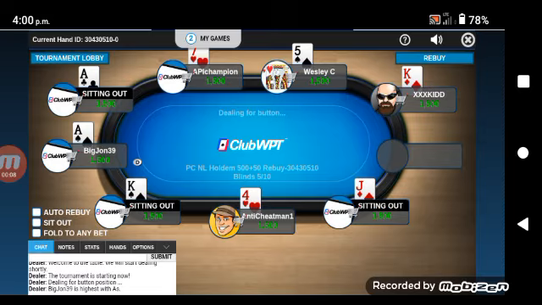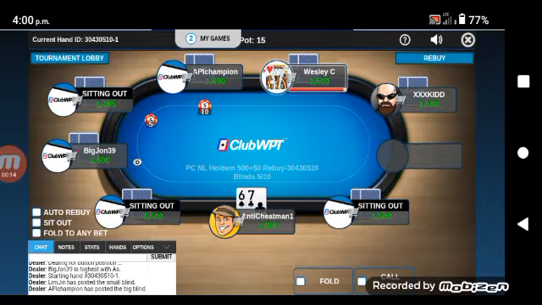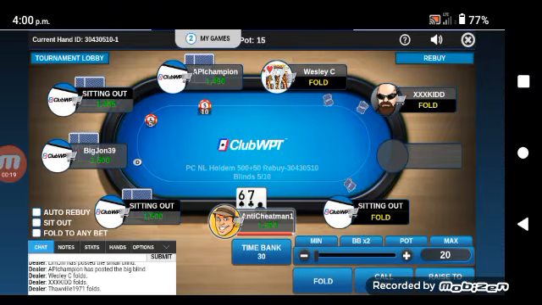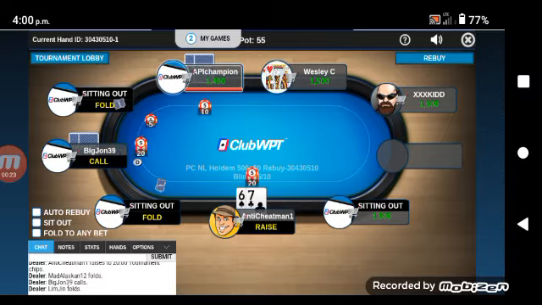So this is a Club WPT play money tournament. The blinds are pretty cheap at the beginning, so I'm going to play lots of pots at the beginning. Try to decipher my opponent's strategies and